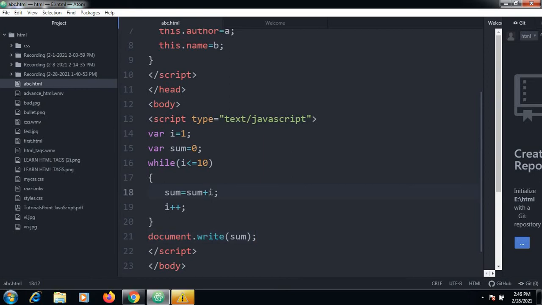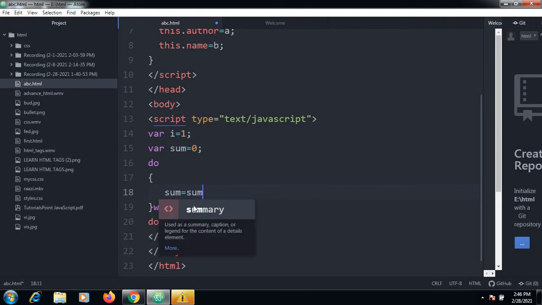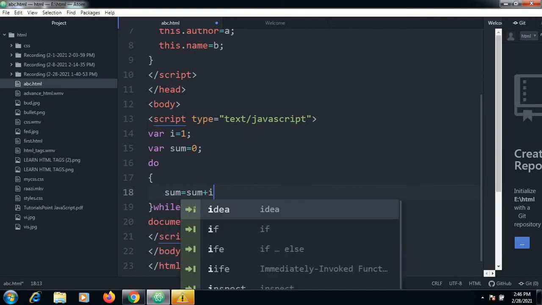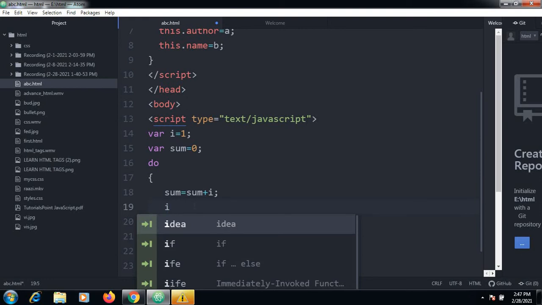One more thing we are having is to find the product of the numbers. We can also do this by making use of I star I, to find the product of the numbers from 1 to 10. And we can do it by using the do while. The same thing we can do with do while. So I is less than or equal to 10. Here sum is equal to sum plus I. Same condition we are using, and I plus plus, incrementing the value of I.